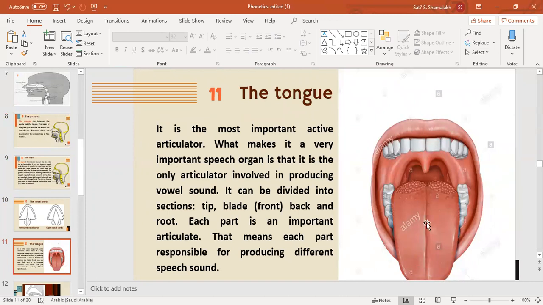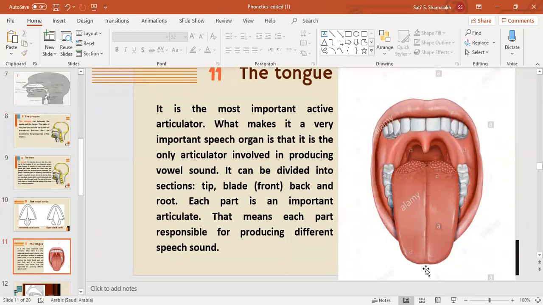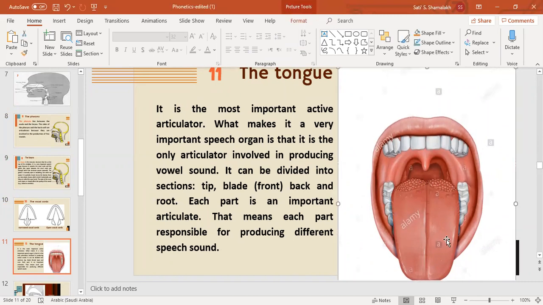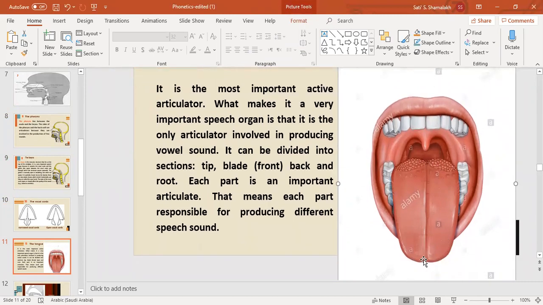The tongue. Have you ever seen your tongue in this shape, in this form? Do you see the tongue? The tongue is a very important part in producing sounds. Down, it's the tip. All of this, what you see here, is called the plate of the tongue. The lowest part is called the tip, then a bit upper, the front, then the middle, then the back of the tongue. Where you see these small dots is the back of the tongue.